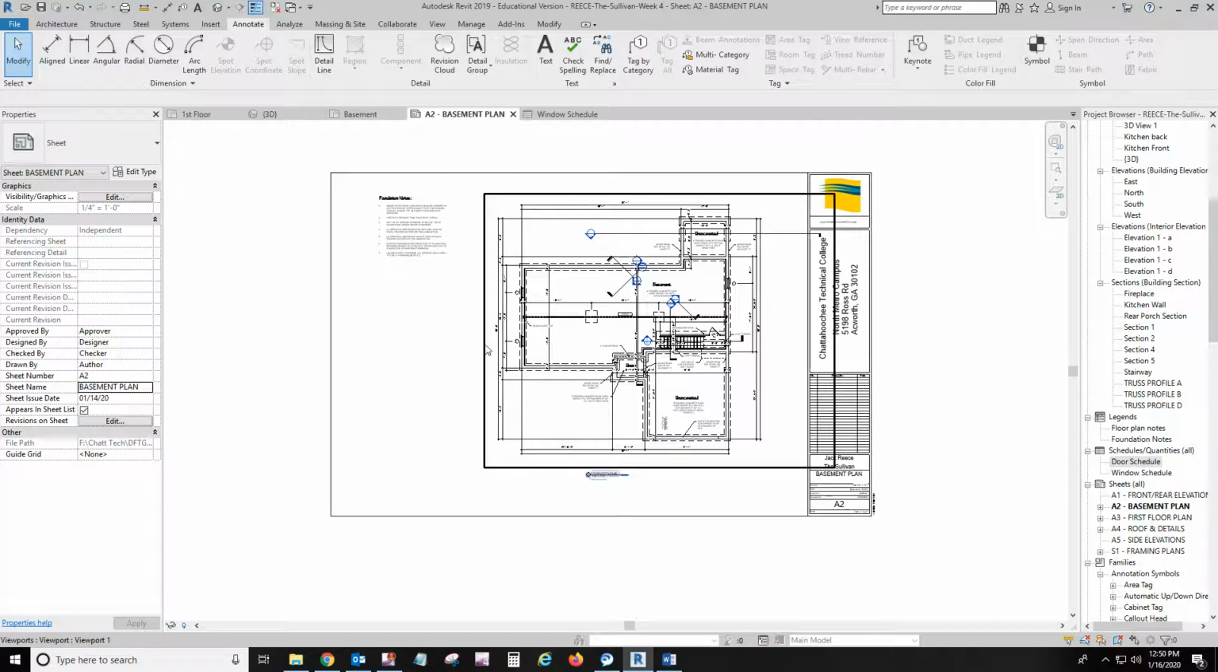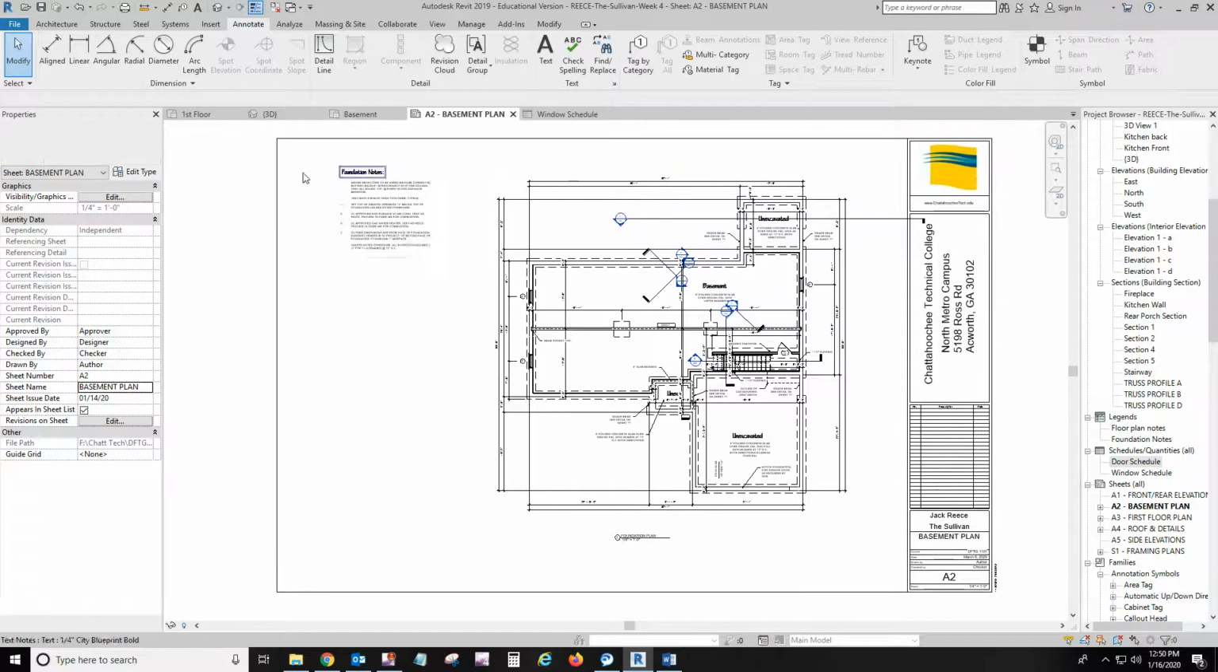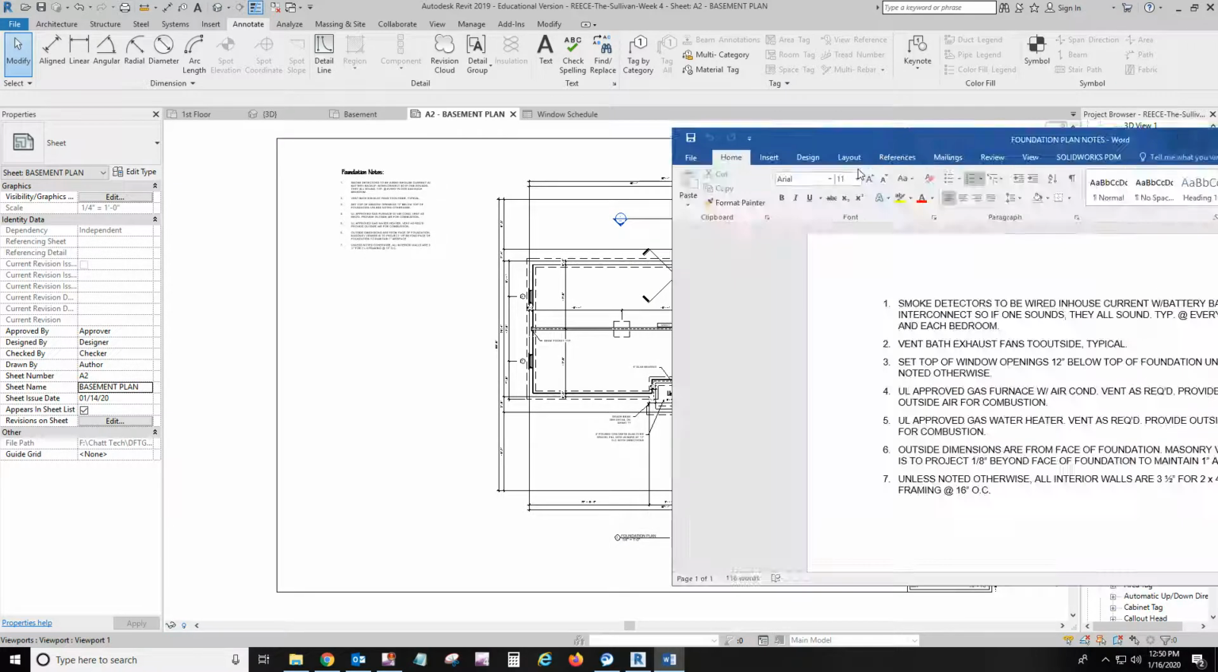Now bring your basement plan in, which we've got renamed as foundation plan. This is going to be sheet A2. We're going to stay pretty close to what the paper drawings have. Okay, bring that in. Now notes, the easiest way to do notes when you got a lot of stuff is